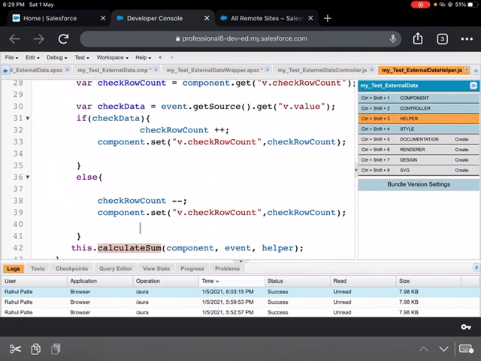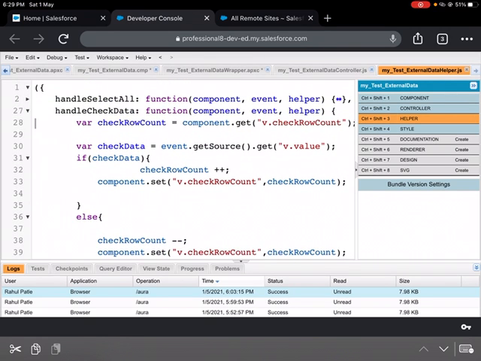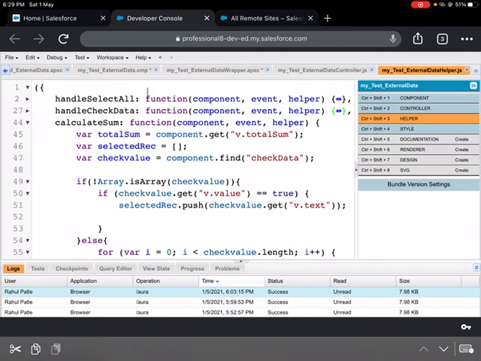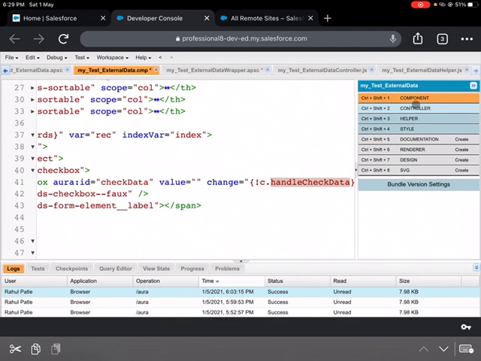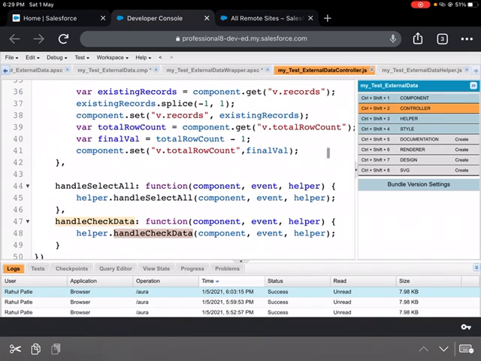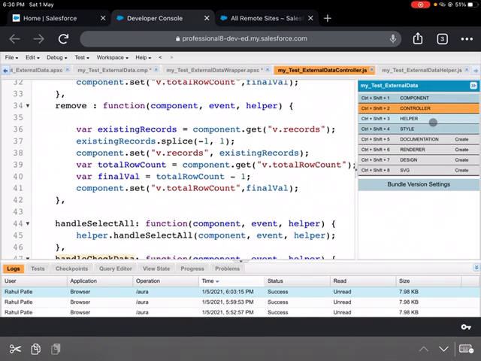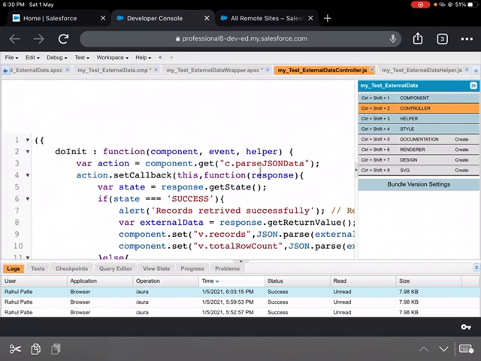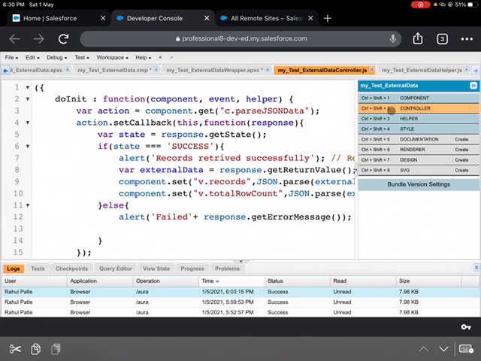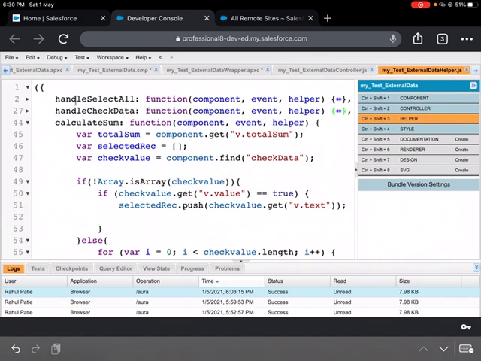Now the last part is how calculate sum is working. So here I have covered how I'm retrieving the data first, which is through the controller, the Apex controller's method is called. One more part I have covered here is how, after selecting one record, I'm putting the complete row count as the total row count, and for individual check also I'm putting the check row count.